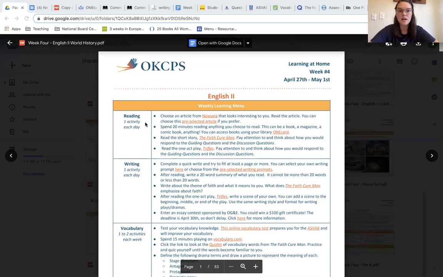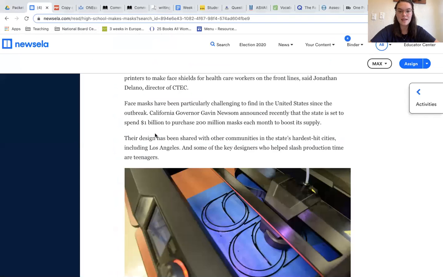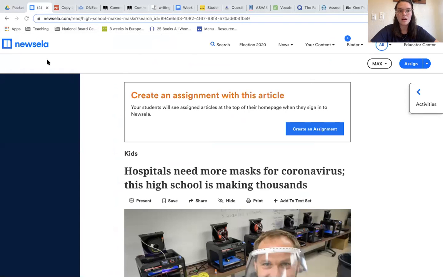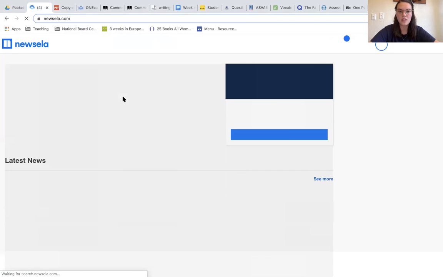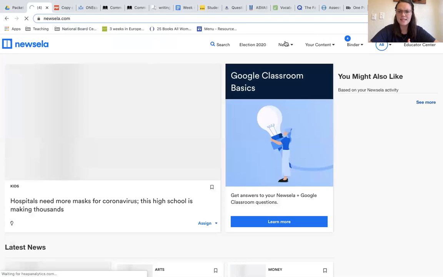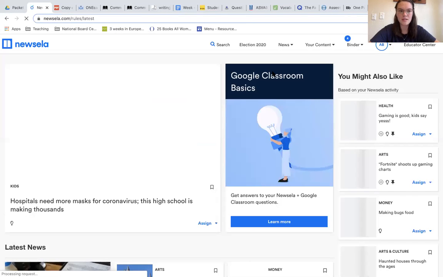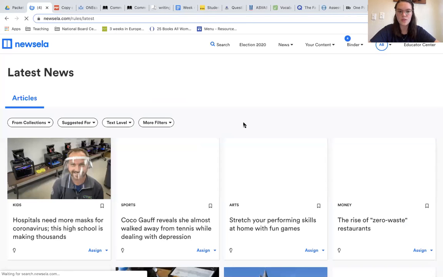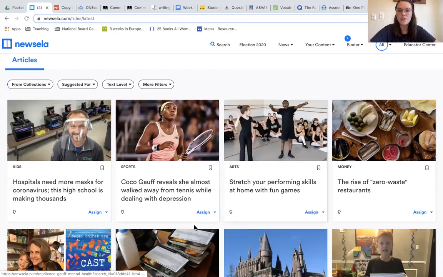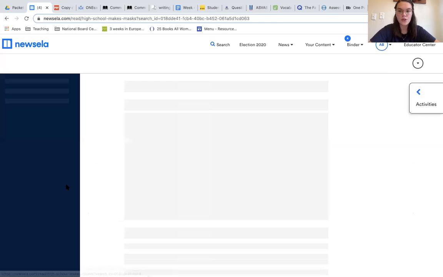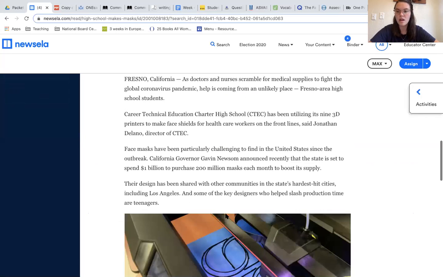Your reading activity options this week include choosing a News ELA article. So once you get logged into News ELA, you'll get pulled to a page that looks something like this. And once you click on News specifically, sorry, my computer is running a little slow, all the different articles will pop up for you. If I choose this article, I'll go ahead and read the article,